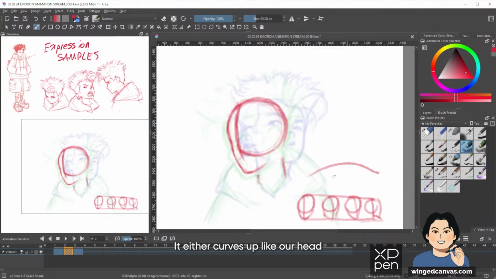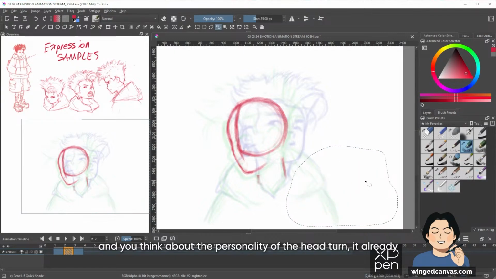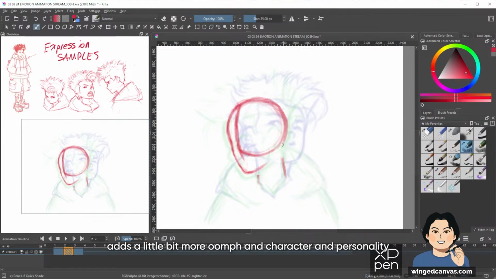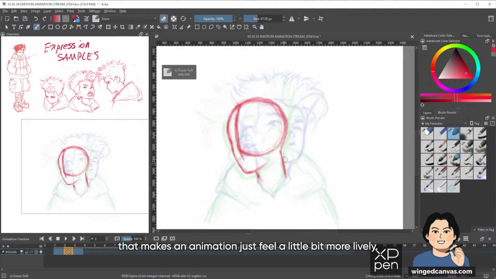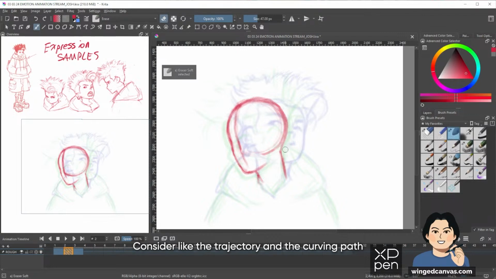It either curves up, like our head might start here and then as it turns it moves, or it curves down. Whichever way, it doesn't really matter, as long as you don't keep it too linear, and you think about the personality of the head turn, it adds more oomph and character to your head turns. It gives it that extra push that makes an animation feel more lively. So when you're thinking about a head turn, keep that in mind. Consider the trajectory and the curving path that it has to follow.